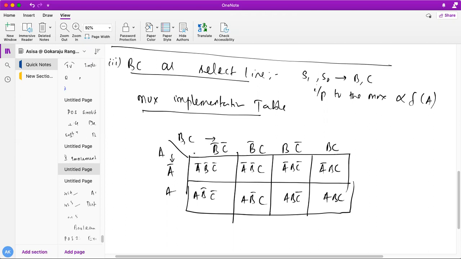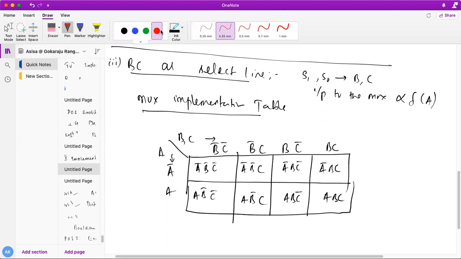So according to this, my minterm position gets changed. Okay, how is it? Just see here. This is A bar, B bar, C bar, so my position will be 0. This will be 1, 0, 0, means 4. This will be 0, 0, 1, means 1. This will be 1, 0, 1, means 5. Sorry, so this will be 0, 1, 0, means 2. This will be 1, 1, 0, means 6. This will be 0, 1, 1, means 3. This will be 7. So now these are the minterm positions.